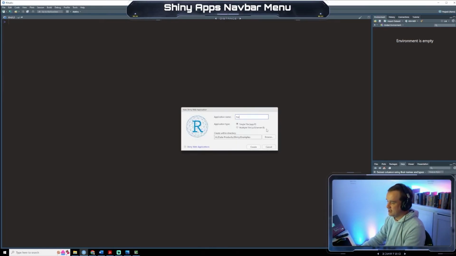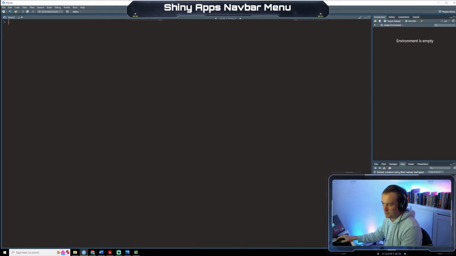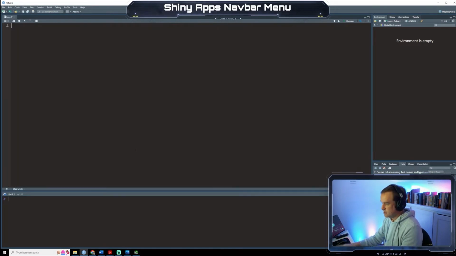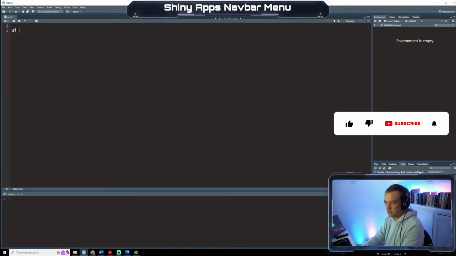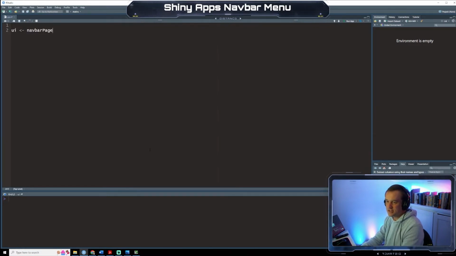All right, first things first. Let's do a new Shiny web app. We'll call this navbar dropdown. And get rid of all this stuff. All right, so for this one, they're all pretty easy. Shiny's pretty user-friendly. So we're gonna say navbarPage. We're gonna say page title, and then we're gonna say tabPanel